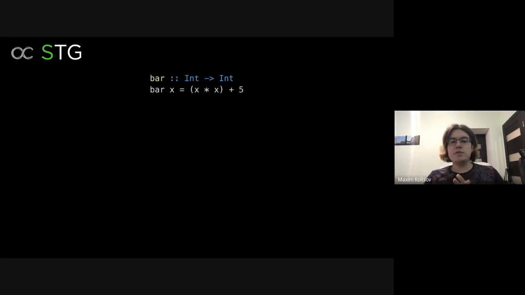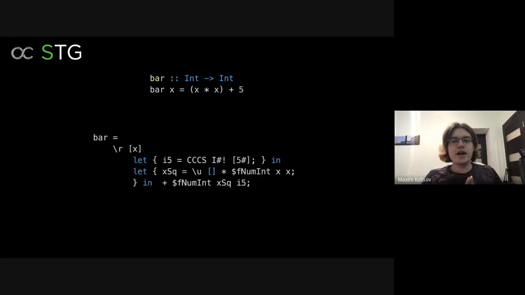Here I have a very simple Haskell function that takes an integer, squares it, and adds it to 5. Let's see how this function looks translated to STG. Here I have an output from the GHC compiler, the dumped STG representation for my function. I simplified the identifiers a bit to make them more understandable, but anyway, this is a dump from the compiler itself. What do we have here? Pay attention that